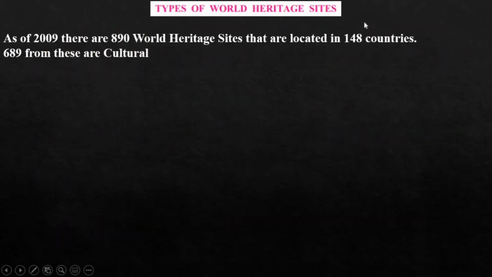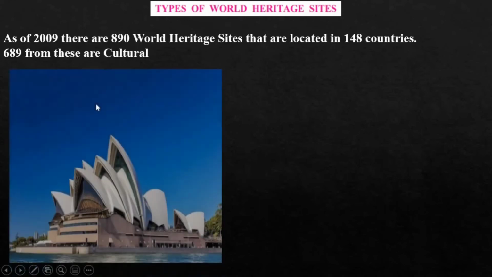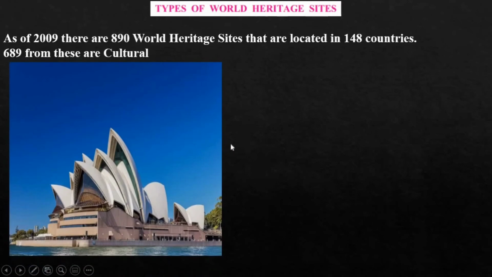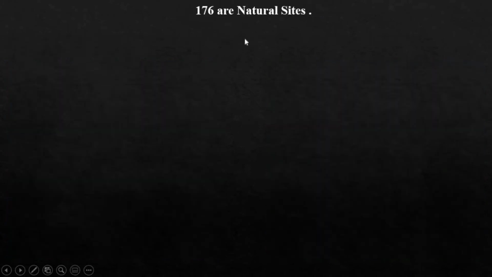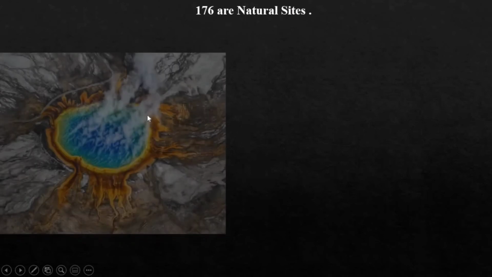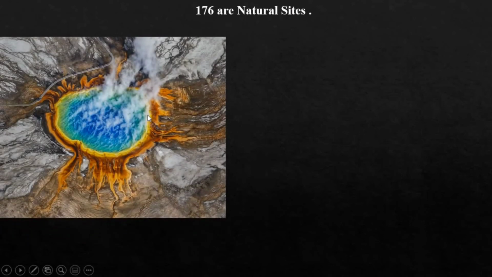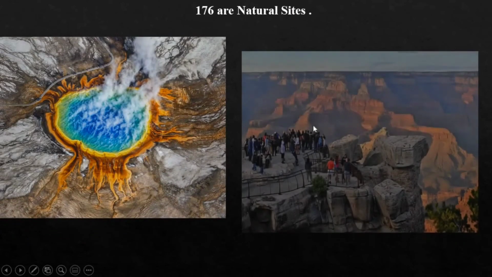Types of World Heritage Sites. As of 2009, there are 890 World Heritage Sites that are located in 148 countries. 689 from these are cultural, which includes places like Sydney Opera House in Australia and Historic Center of Vienna in Austria. 176 are natural sites, which include US Yellowstone and Grand Canyon National Parks.